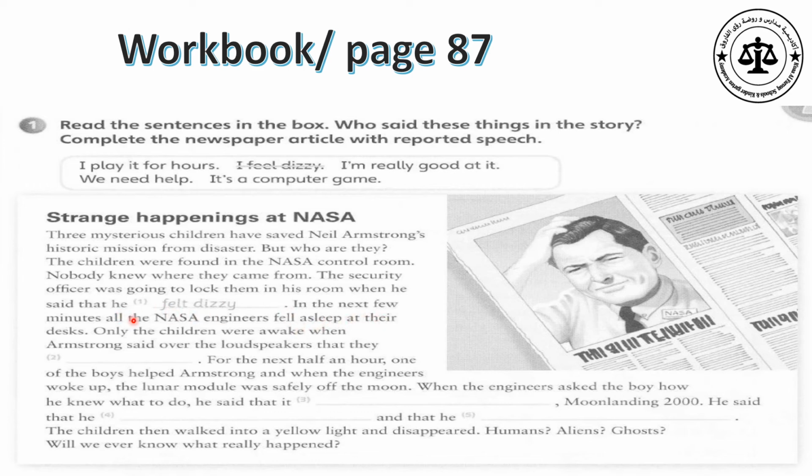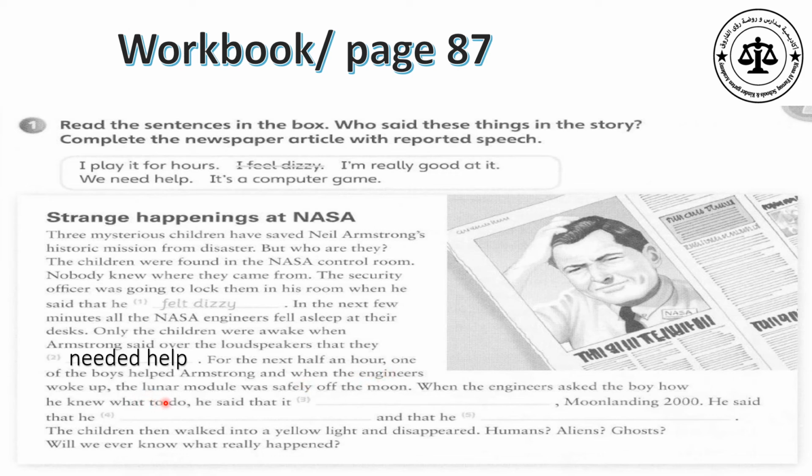In the next few minutes, all the NASA engineers fell asleep at their desks. Only the children were awake when Armstrong said over the loudspeakers that what? They needed help. For the next half an hour, one of the boys helped Armstrong, and when the engineers woke up,